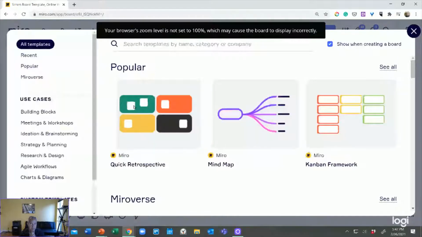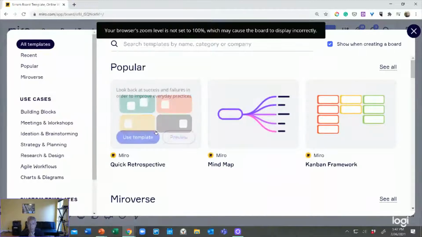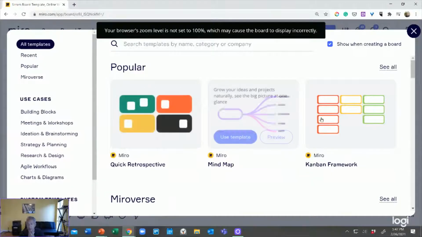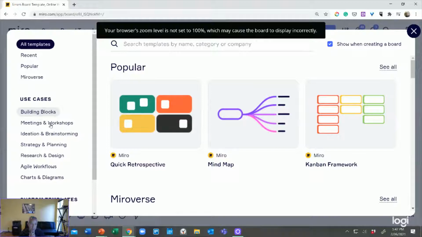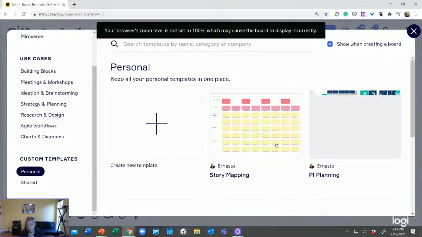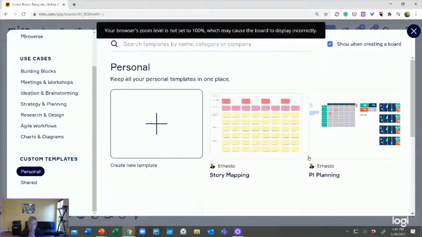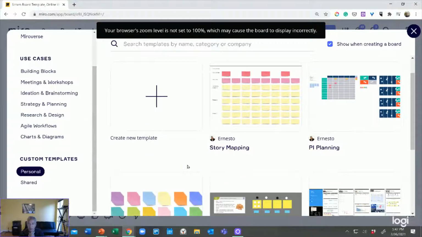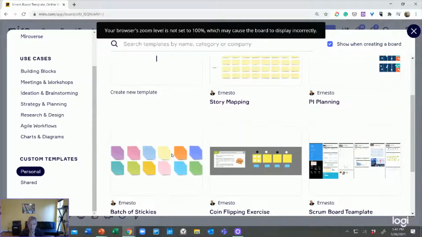For example, you can have a retrospective board that you just drop in. You can have mind maps and things of that nature. But the neat thing about it is I've created a set of personal templates that I shared during our class, and the team members take this with them back to their teams,